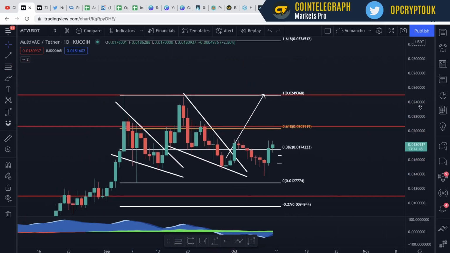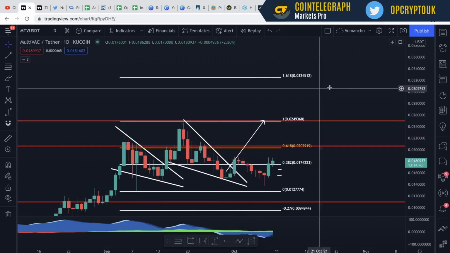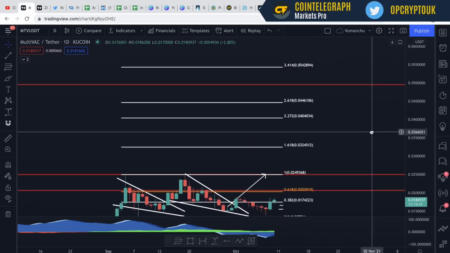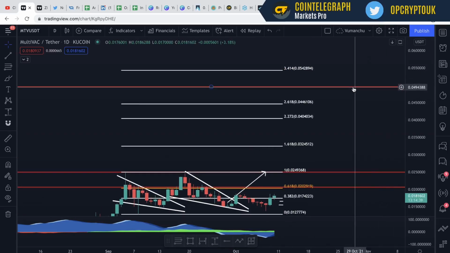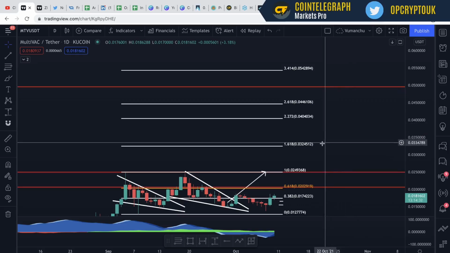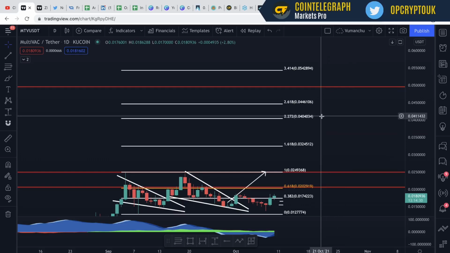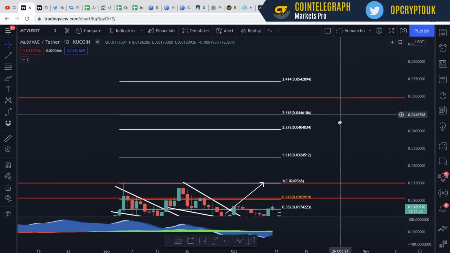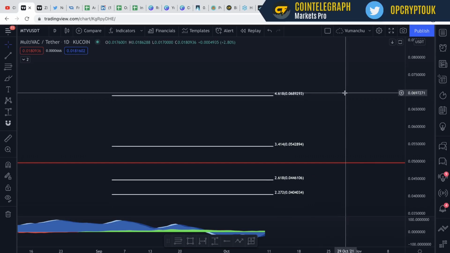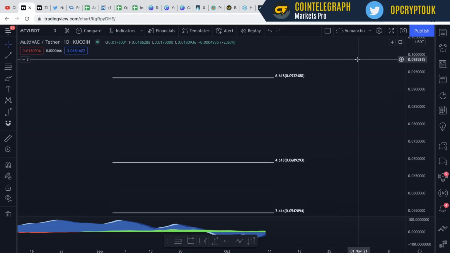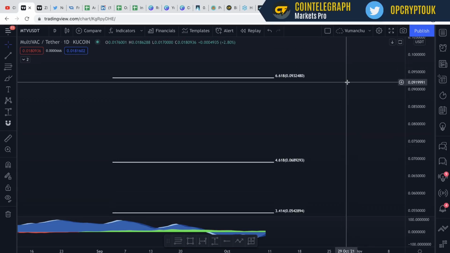And let's have a look at some key levels above, because once we've done a full retracement of that entire move, we've got some nice levels above here. I've got 5 cent marked up because 5 cent is going to be a tough psychological area to get through as well. But if you're looking to take profit, use these fib extensions. You've got 3.2, 4, 4.4 cent, 5.2, 6.8,